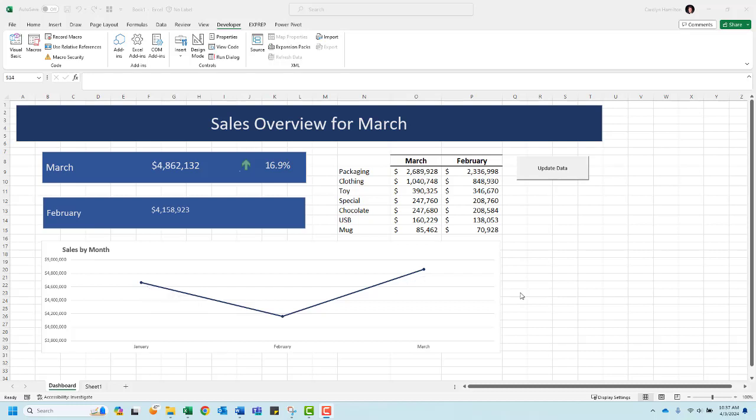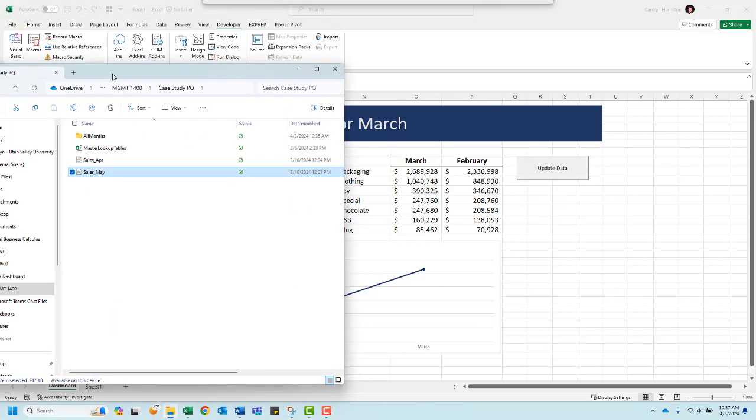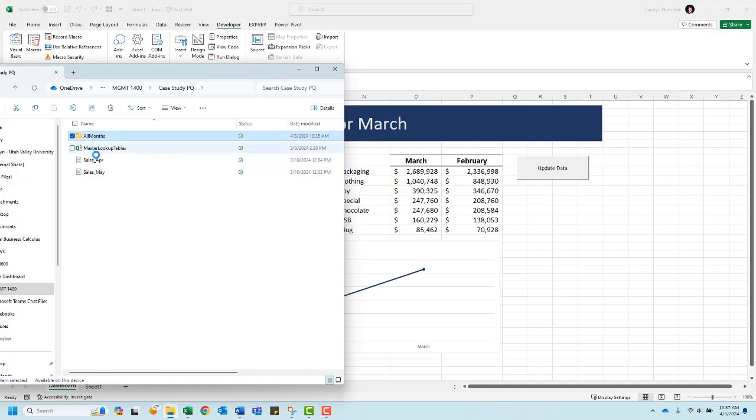Okay, here's our last dashboard project, and on the surface it's not nearly as complicated as the other one that we did, but we're going to make a button where we can update the data. So here's our goal. We're going to have our files with our master lookup table, and then we're going to create a folder with the current month's data in it. So for January, February, and March,